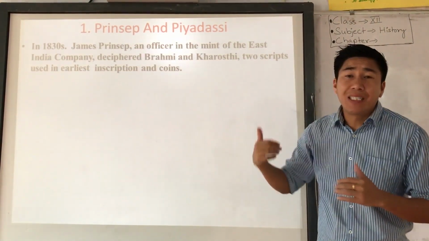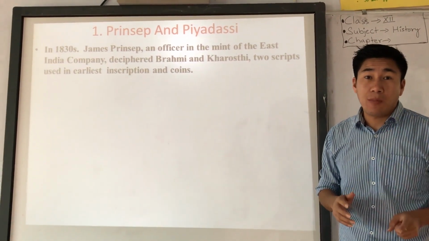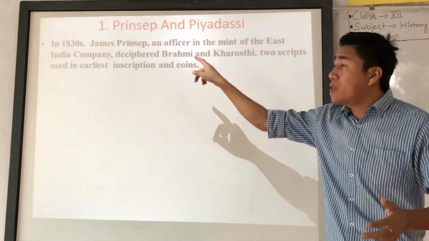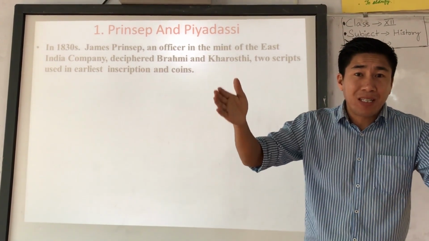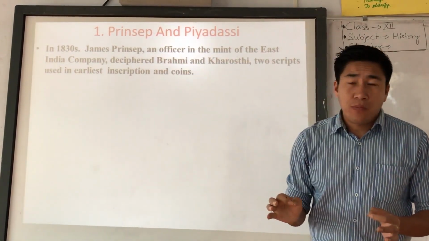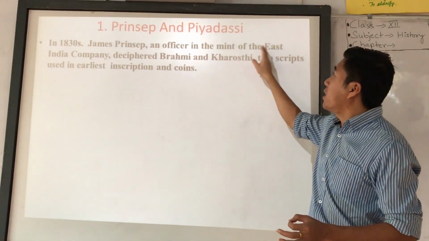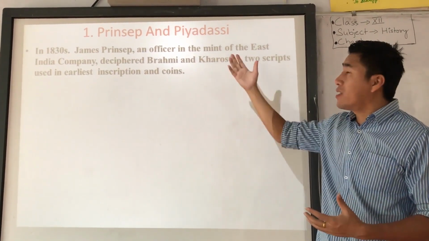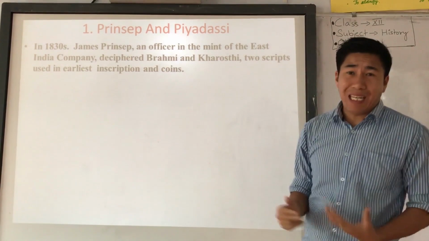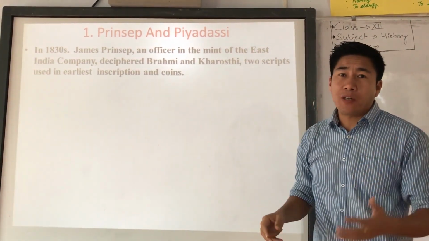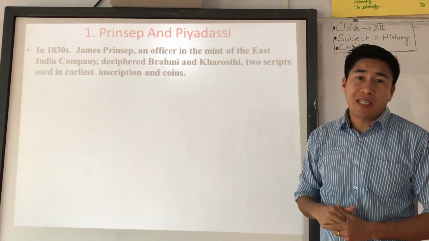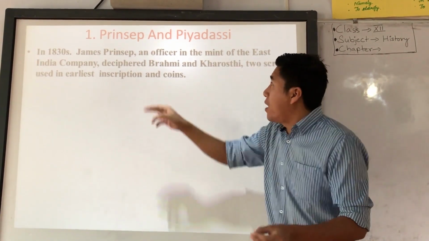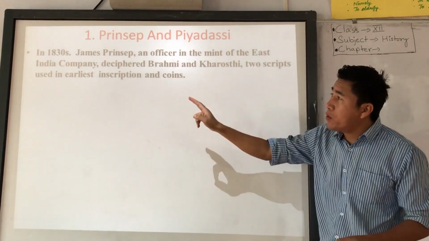First, in the 1830s, now see, it's a very interesting story that you need to know. When I put an S behind the year, that means around this decade, right? James Princeship, an officer in the mint, the place where the coins were made, was an officer in the East India Company, the business company that came to India in the 16th century. So what he did, he deciphered, he was able to read Bahami and Kharosthi, two scripts used in early inscriptions